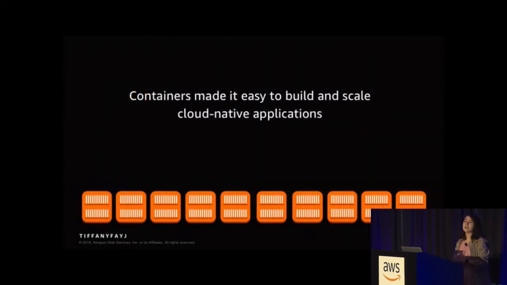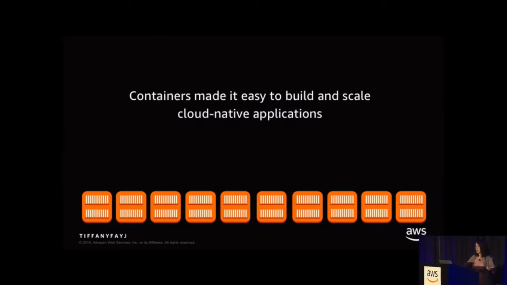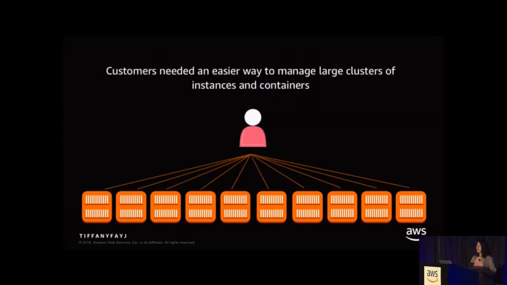Okay, so Nate was just talking about how there's containers and how they make it easier to build your applications. So for building cloud-native applications, containers have been extremely useful. You can easily scale them, you can send them to other people, and basically it just makes it easier to break up your applications. So people started needing ways to manage large clusters of instances and containers. So say if you are running your containers on AWS and you were running them on EC2, for instance, and you have more than 5 containers, having to deal with scaling that yourself can be pretty tedious.